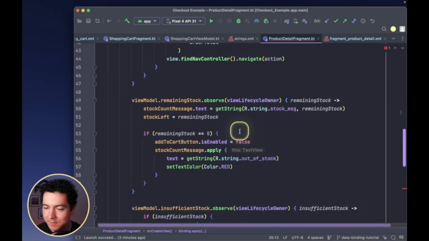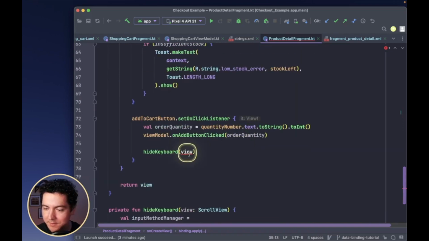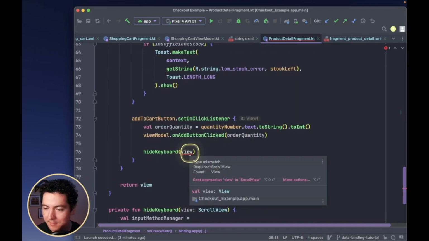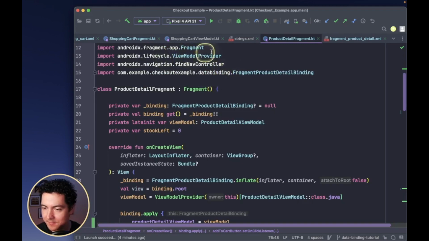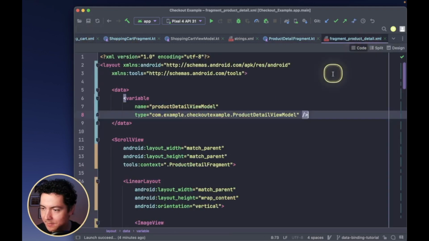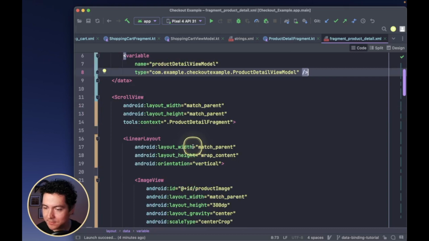And if we scroll down here, we have to make one small adjustment. This is expecting a scroll view, but it found a view. So we're just going to cast this view as a scroll view, and it should be able to hide the keyboard without any issues. All right, so let's go back to our product detail, and then we're gonna start